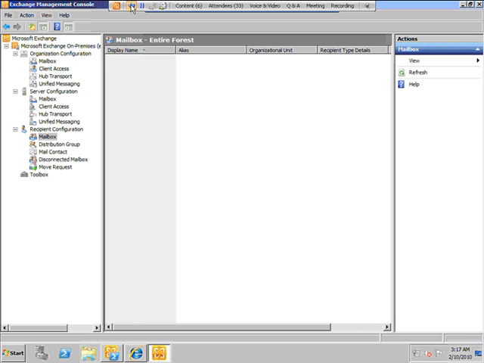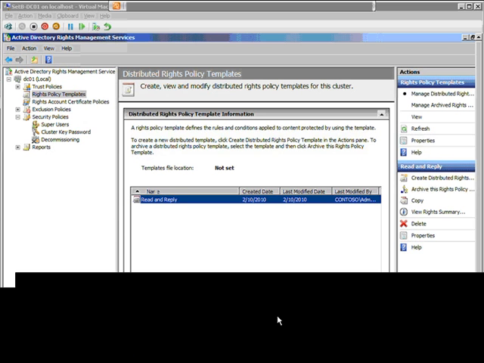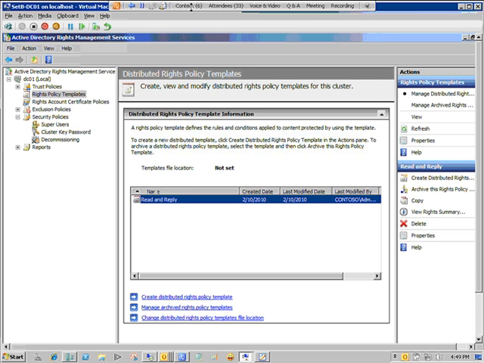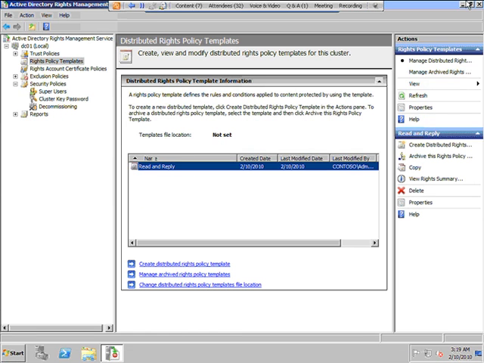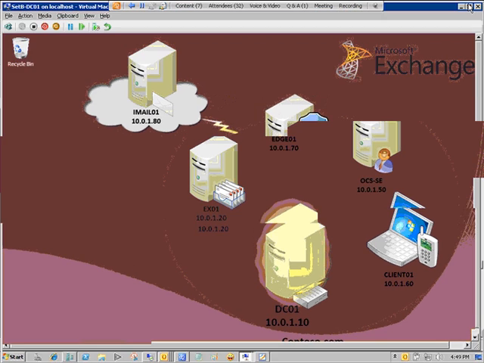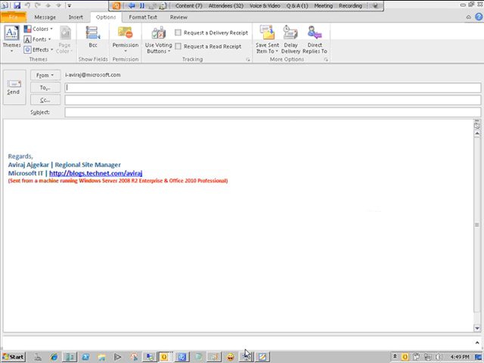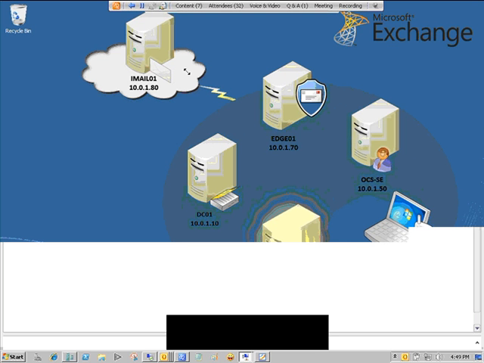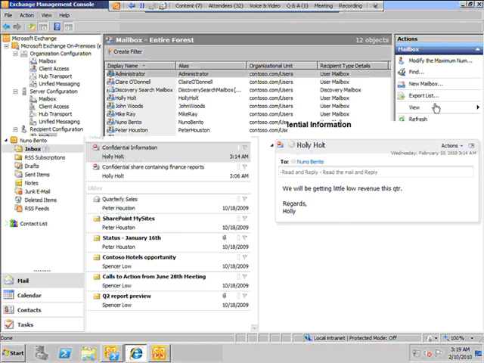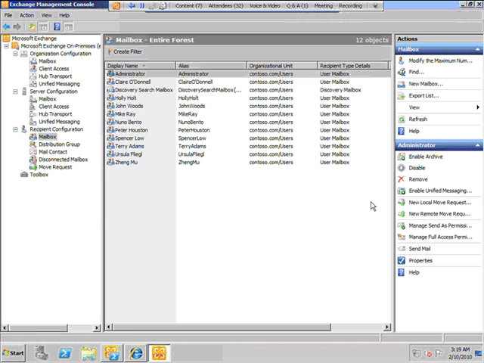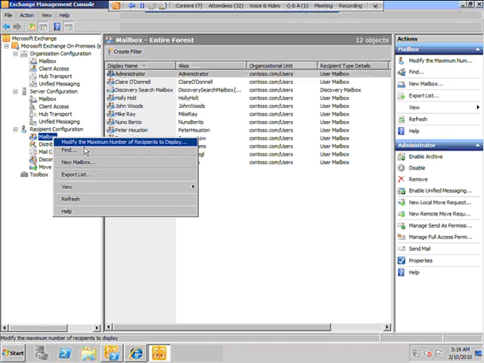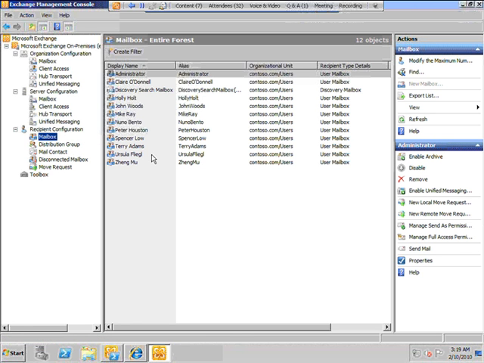Let me share my desktop again for the next part of the demo. I think I missed sharing my desktop. Yeah. So next what I will do, I'll go to my Exchange admin center, and over here, I'll go to new mailbox, and